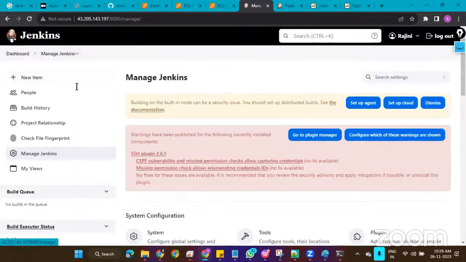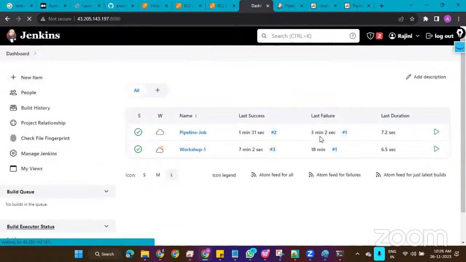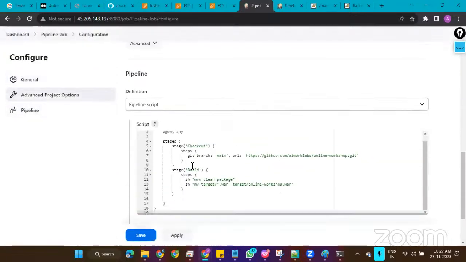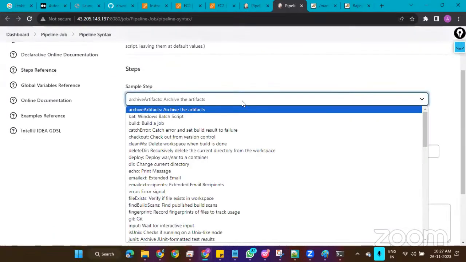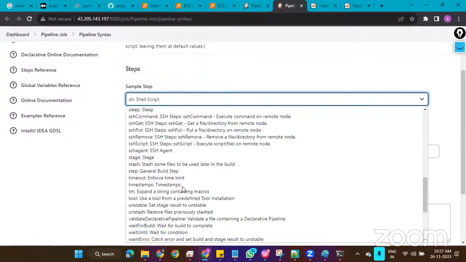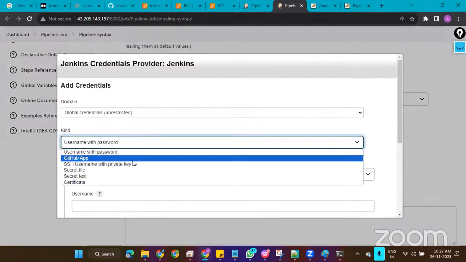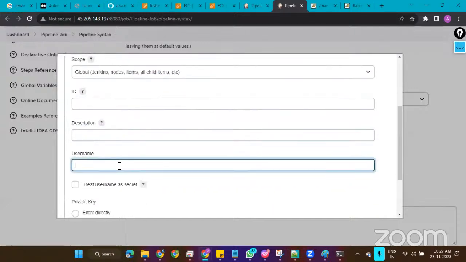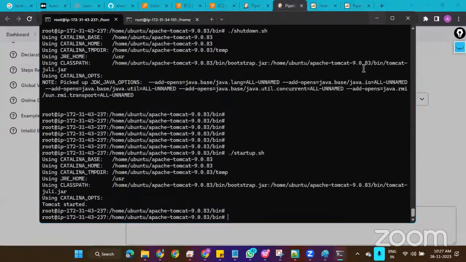So this is my dashboard again. For the pipeline job, come to the configure section. I would like to write the script again as a stage. For that, let me use the snippet generator because I would like to run on an SSH agent, adding my key pair into it. So here I can give Ubuntu as my username for this server,